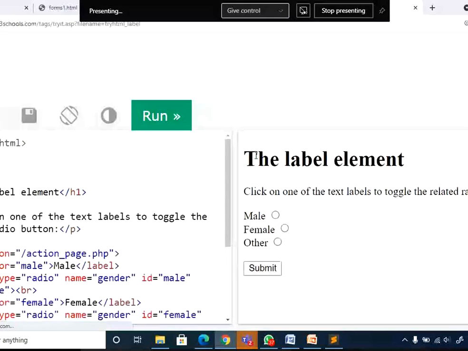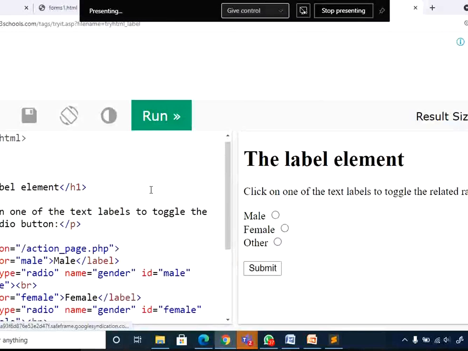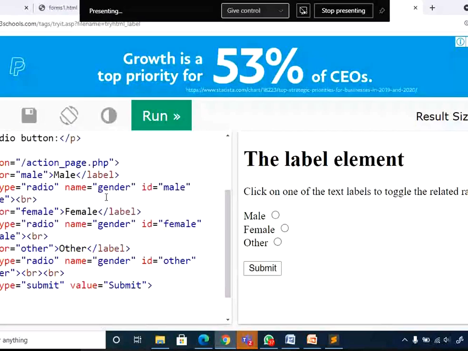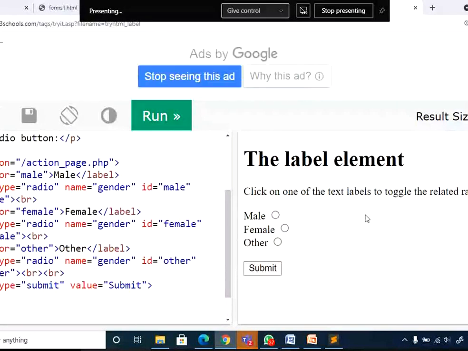So what I told, this is how you can relate the label and input type. Now, how to check how the output is going to differ. If you click on that particular label, it is going to select that input. If it is a radio button, it will select it; if it is a text box, it will highlight that text box. Maybe in our code we have a text box. Let me check it: if I don't use this, is it going to give any difference? I will remove the ID also.